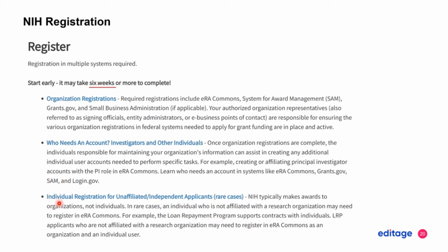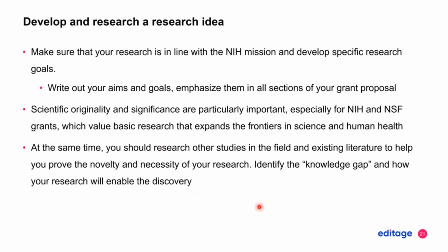So, and also you can have individual registrations as well. But typically awards are given to organizations, not individuals. So when you're developing your research idea, make sure your research is in line with the overall mission of NIH or NSF